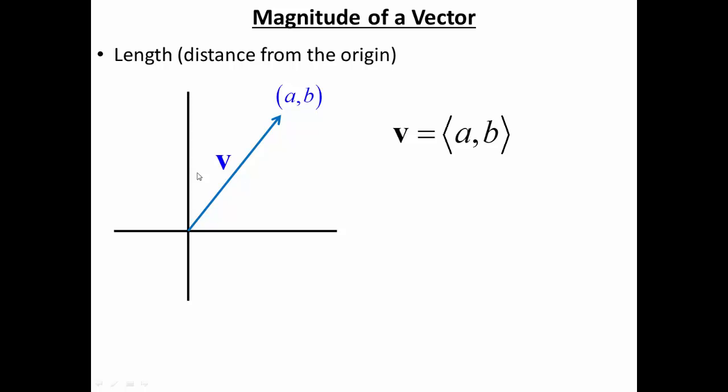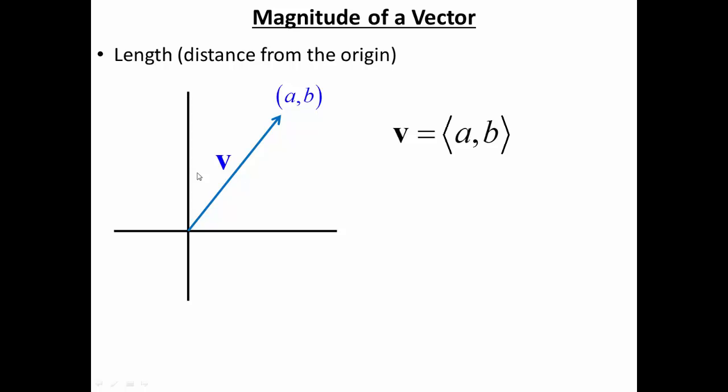Now, we've been using this word magnitude over and over and over again. What does it mean? Well, the magnitude of a vector is really the length of the vector. So when I'm referring to the magnitude of a vector, I'm saying how long is that vector. If it has a larger magnitude, if I'm going 25 miles per hour compared to 10 miles per hour, the 25 mile per hour vector would be 2.5 times as big or as long as the 10 mile per hour